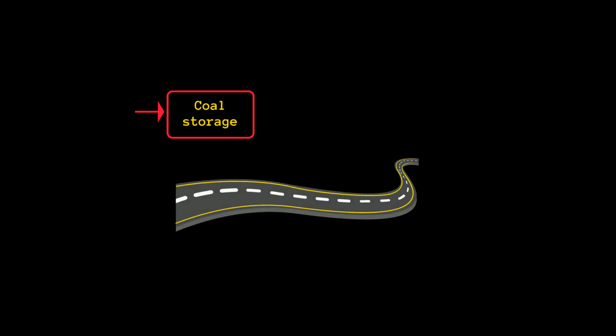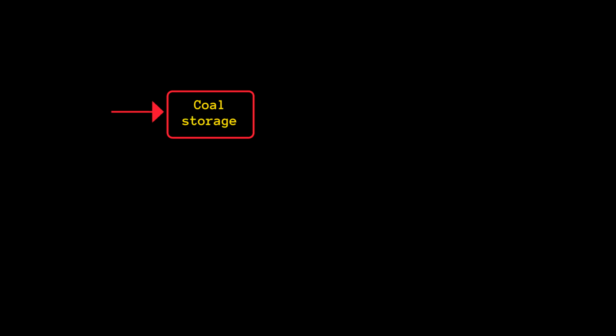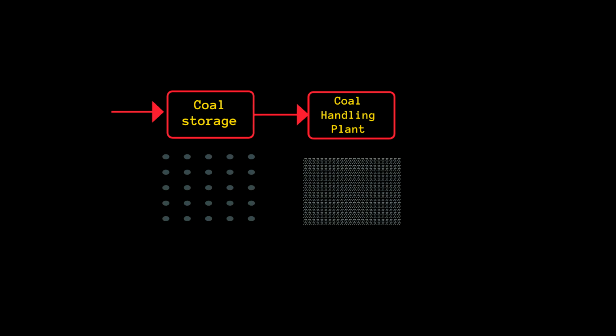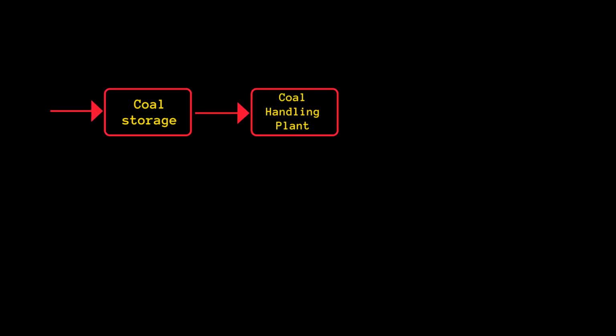We will start with coal storage. Coal is transported to the plant by road or rail and is stored in the coal storage plant. And now, the coal is delivered to the coal handling plant. In the coal handling plant, the coal is pulverized, meaning the coal is ground into small particles in order to increase the thermal efficiency by increasing its surface exposure, which in turn leads to the rapid combustion of coal. This pulverized coal is fed to the boiler by using belt conveyors, and the coal is combusted in the boiler.